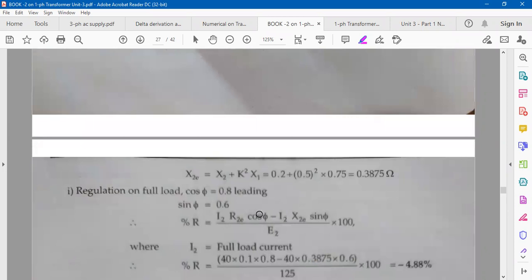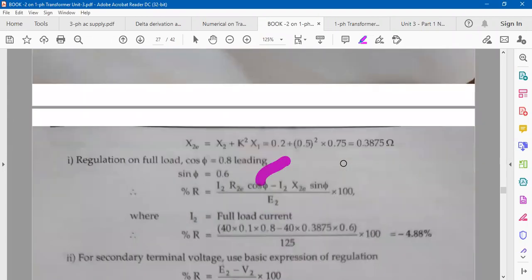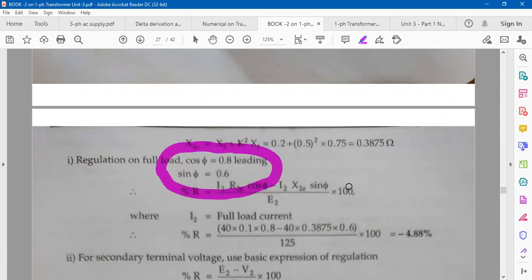Next, what is required is cos phi. I think cos phi is given. See here, 0.8, so cos phi is 0.8. So you can calculate sin phi also. Phi will be cos inverse of 0.8. And what is cos inverse of 0.8? I think you will get 36 point something, and the sine of that angle will be 0.6. Once cos phi 0.8 is given, can everyone calculate sin phi also?